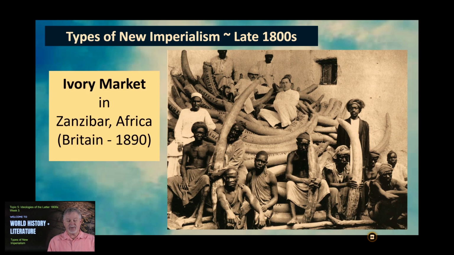One area was Zanzibar, Africa. Britain had control of this. It was their colony at this time, the 1890s. Germany had been playing with it between Germany and Britain for a while in the 80s, but by 1890, Britain got pretty much control of it and settled it. And this was an ivory market. You can take a look at the picture and see that not only do you have the locals there, but you have Europeans who are part of this. They're the ones sitting on top of all those ivory tusks, if you're wondering what that stuff is.